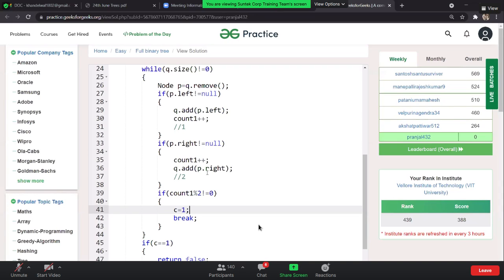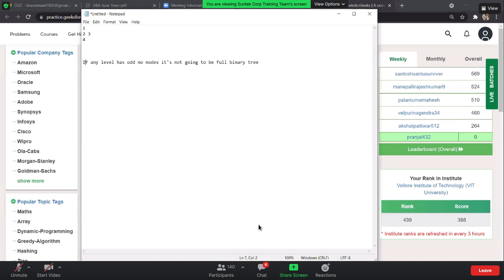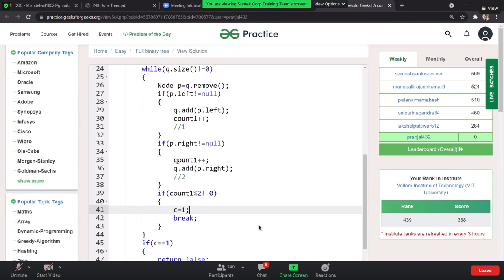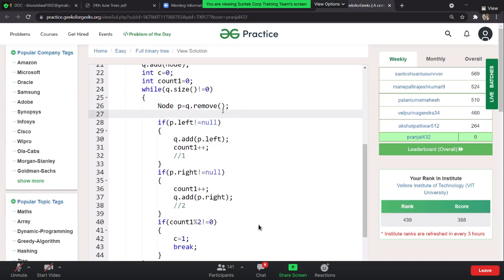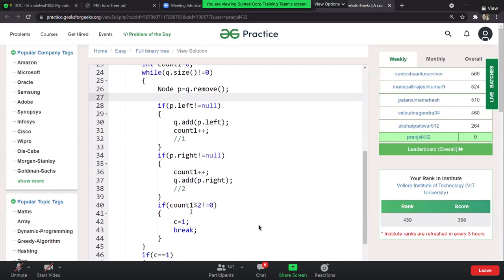Okay. So that statement is not perfectly correct. Here we are missing one thing, that we need to check for the right and the left as well, and then only we are going to increment the count. Okay? So we are not printing anything over here. If you print, it will just become a level order traversal. But instead of printing, we are just checking for the left and right. At any instance, if we are not getting modulo 2 equal to 0, we are just breaking out of this.